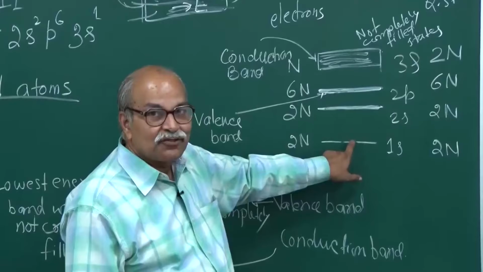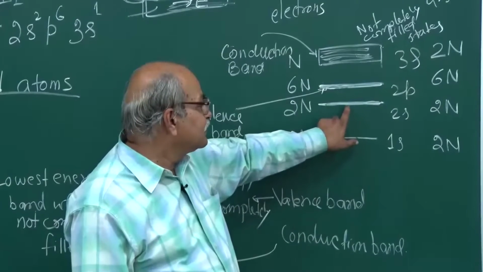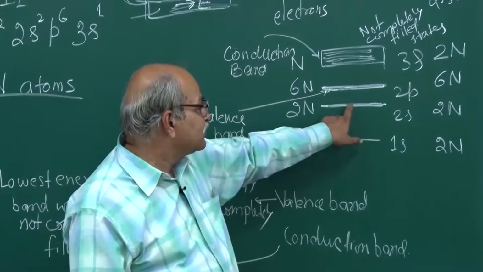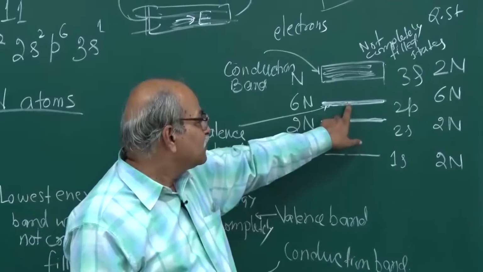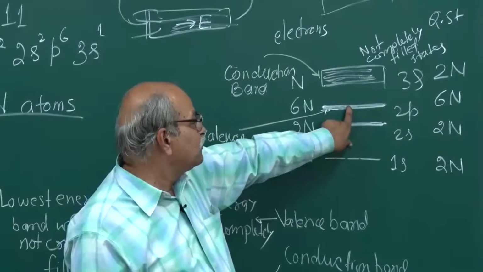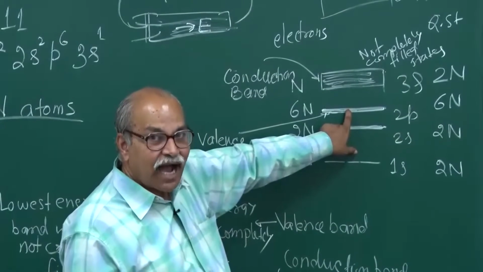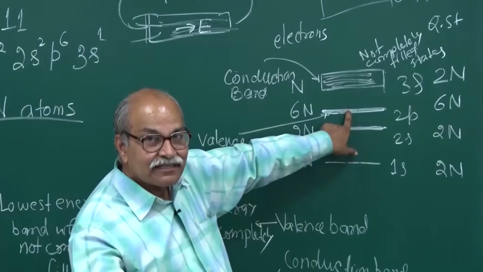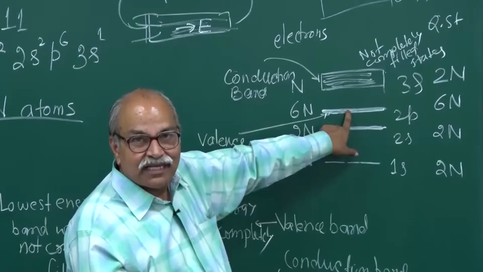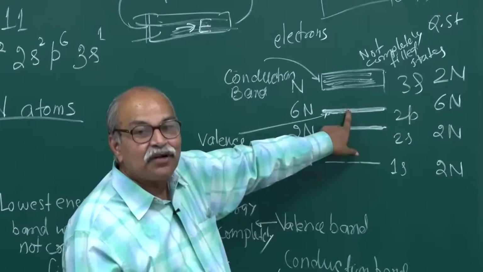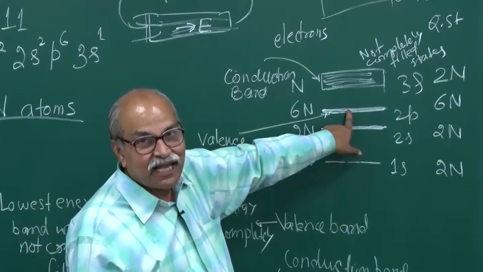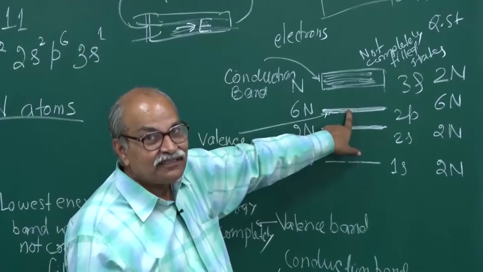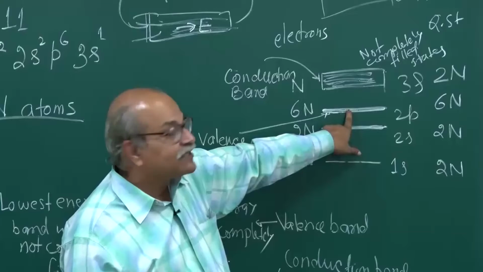So these electrons are not going to accept that energy, because if one accepts it and tries to go to some other higher energy state, there is already an electron in that higher energy state, and the Pauli exclusion principle is there. No quantum state can have more than one electron, and therefore it cannot accommodate that.